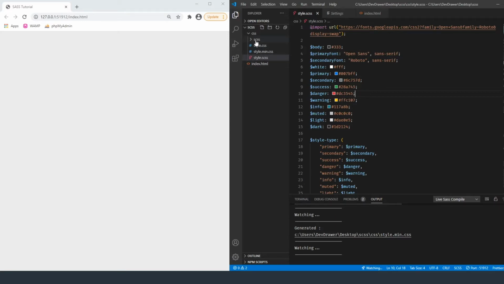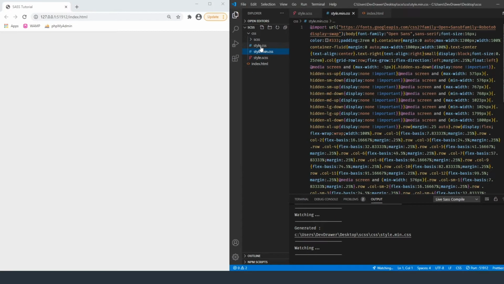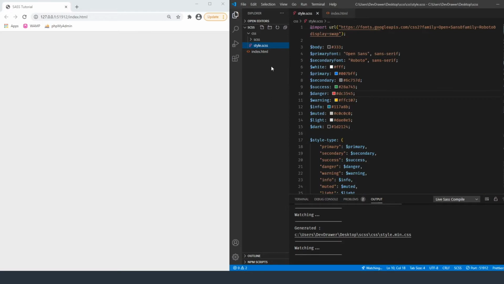I want everything to run inside of our SCSS folder, so whenever we go to move it over to production, we don't have to move the SCSS with it. We can just move the regular style sheets. So again, let's delete this, and I'm going to take my SCSS and move it over into my SCSS folder. So now if I hit save again,